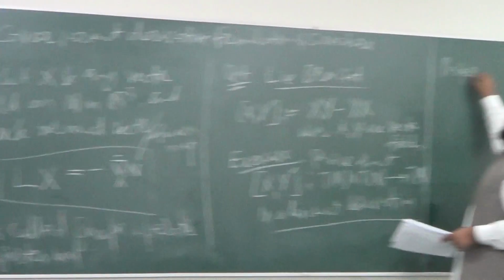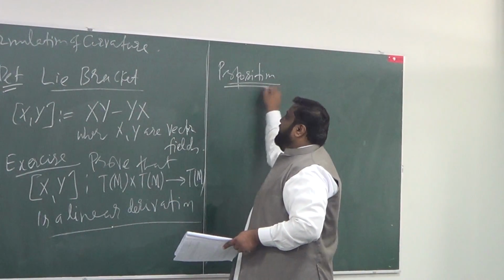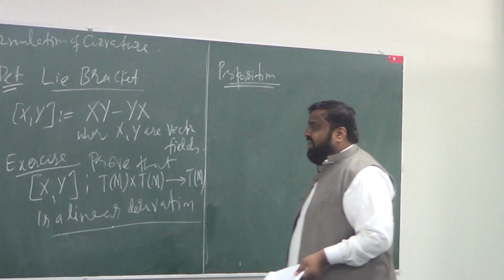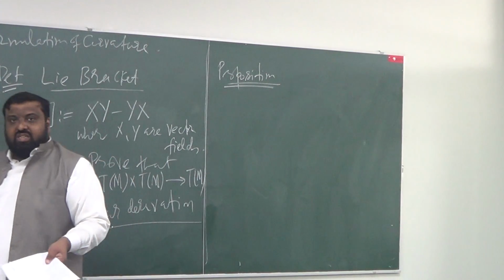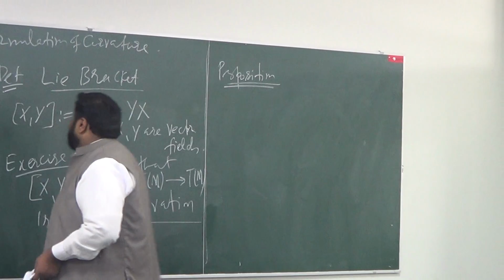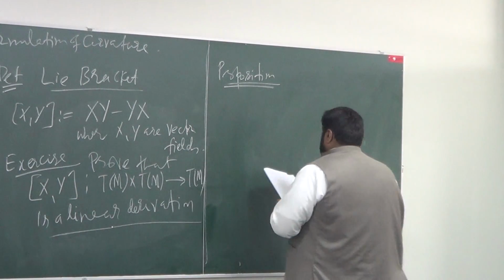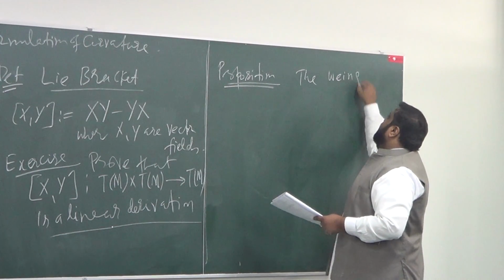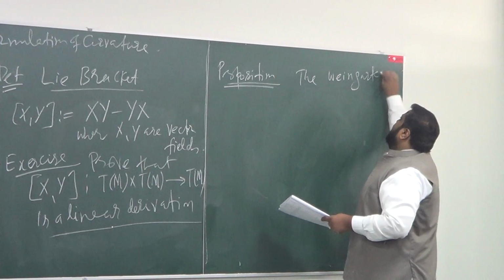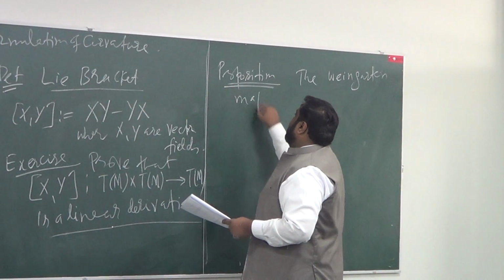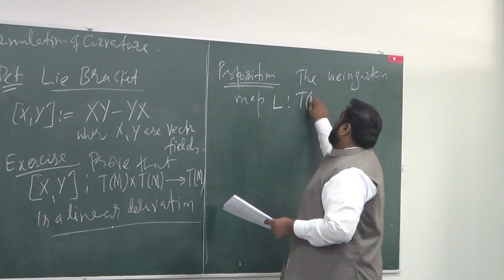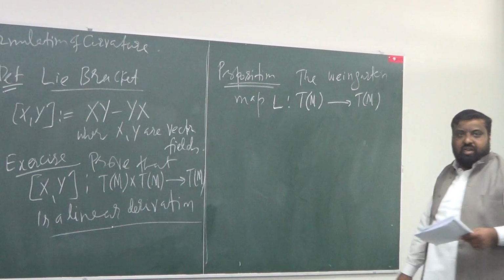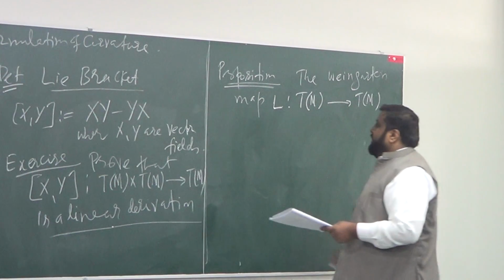So once you have this definition of the commutator, the Lie bracket, now we are in a position to specify what must be the codomain for the operator L. In other words, what is the domain and the codomain of the operator L? So this Weingarten map or the shape operator L is a map from the tangent bundle to the tangent bundle, okay, and specifically